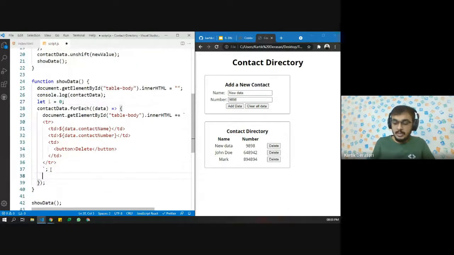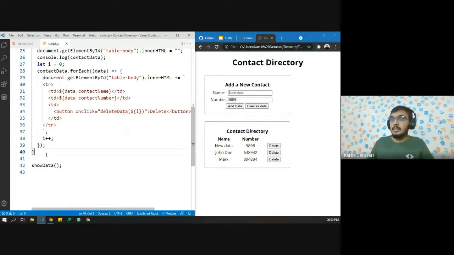Let us also increment that after each traversal, and let us add onclick equals delete data function. Let us add the index, and here the index is i. Okay, so now we have delete data function.